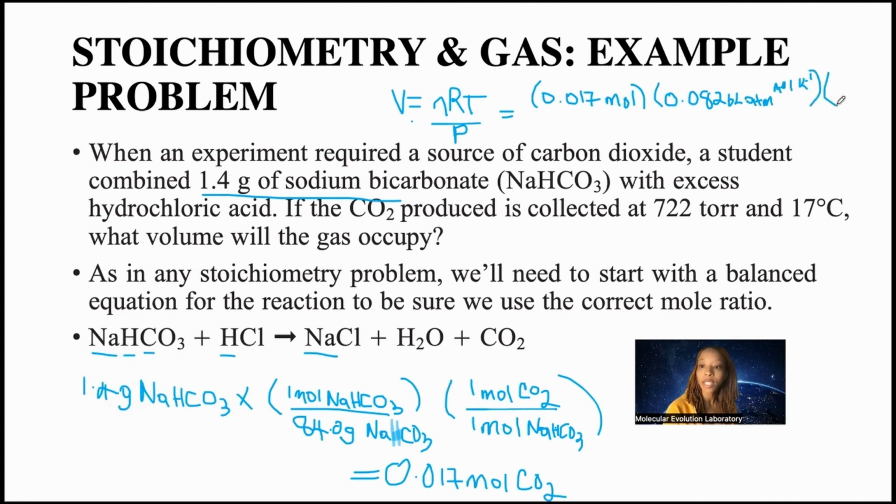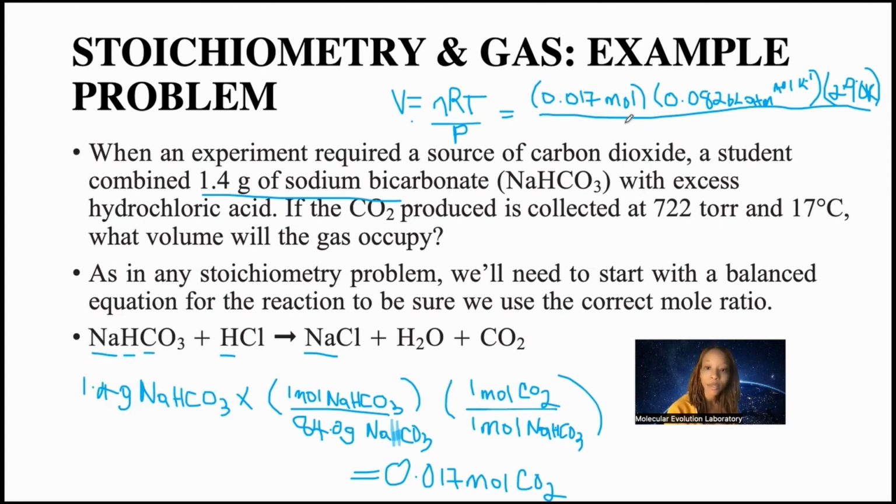17 degrees Celsius converted to Kelvin, and you can do your own calculation, would be 290 Kelvin. This would be divided by the pressure. Remember that you have to convert the pressure from torr to atmospheres. So in this case, it would be 722 divided by 1 times 1 divided by 760, which is 1 atmosphere,